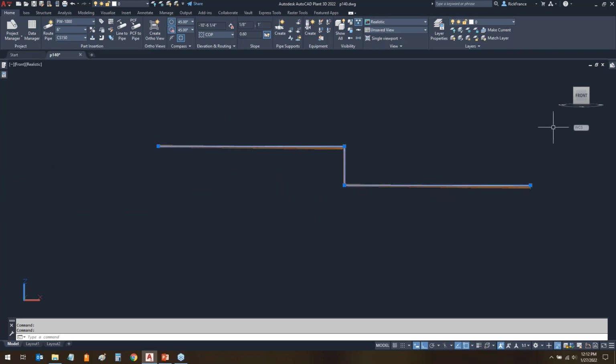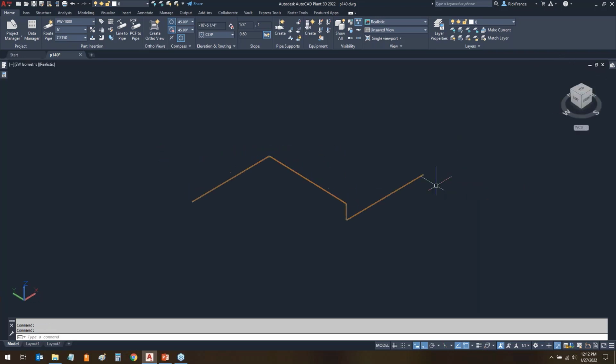So to get those vertical lines in there, I'm going to go ahead and delete this polyline because I don't need it for anything else. But to get that slope in there, the vertical line in there, you have to turn off the slope, change your elevation, and then turn the slope back on, because slope only works on horizontal runs, not vertical runs. Makes sense when you think about it, but the software is thinking in terms of horizontal runs only when you're doing slope pipe. So that kind of gives you an idea of how to draw it,